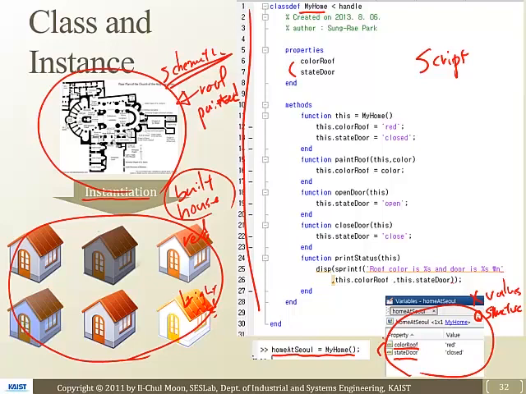Then when my home is called, the constructor function sets the color roof to red and the state door to closed, and this is the return value, the instantiated